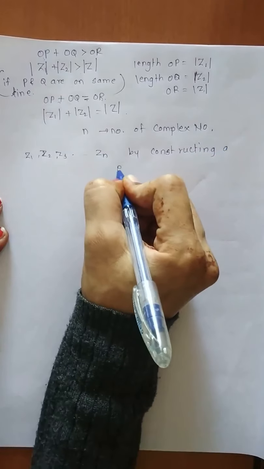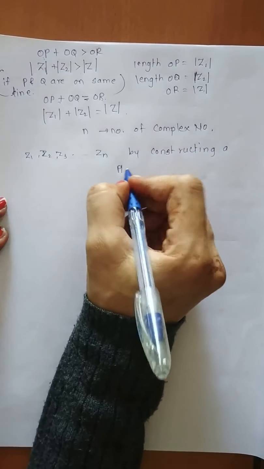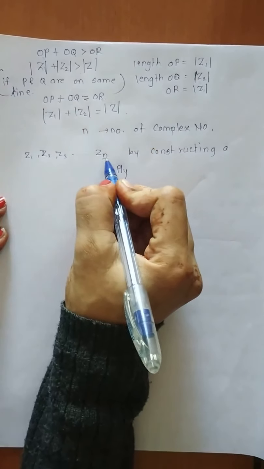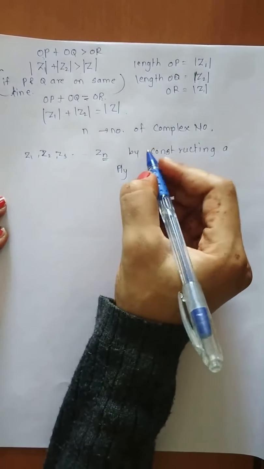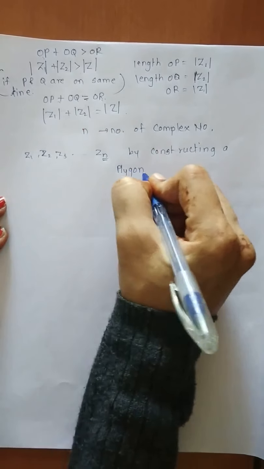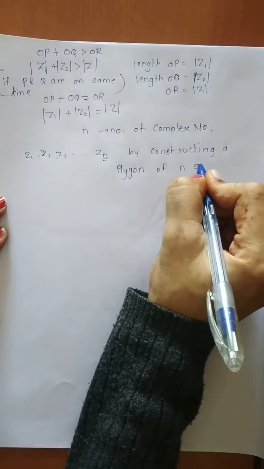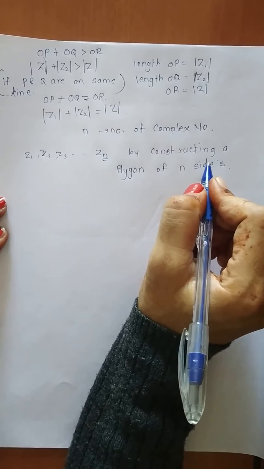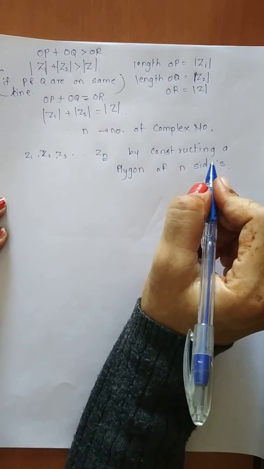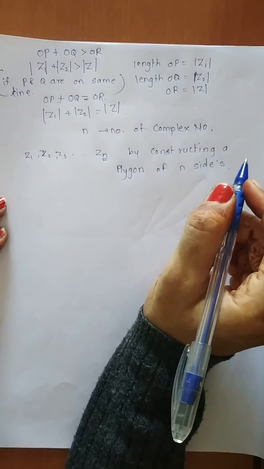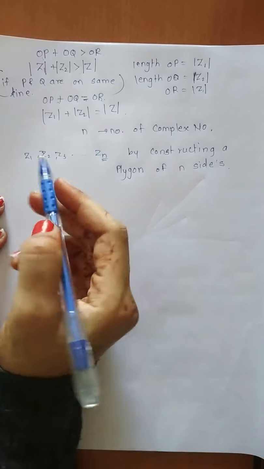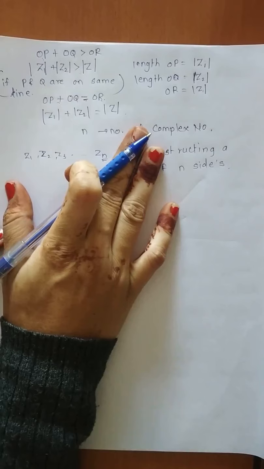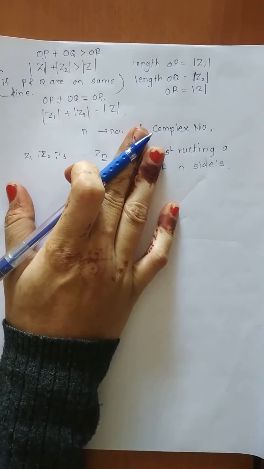a polygon. Now there will be no parallelogram, since we had only two complex numbers, we constructed a parallelogram. Now we are having n number of complex numbers, so it will be a polygon of n sides. And this addition is obtained according to the law of polygon of vector addition, and it will be similar to our parallelogram. So this was all about the addition of two complex numbers.